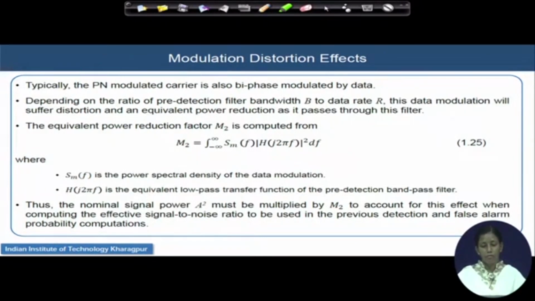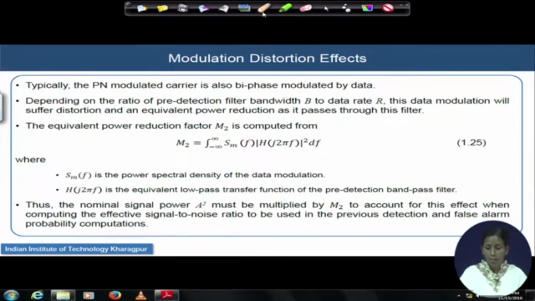Another effect that we should discuss at last is the modulation distortion effect. The modulation distortion effect means the PN modulated carrier is also biphase modulated by the data. So, when we are using the pre-detection bandpass filter, which has a bandwidth B related to the data rate R, once you are using a bandpass filter